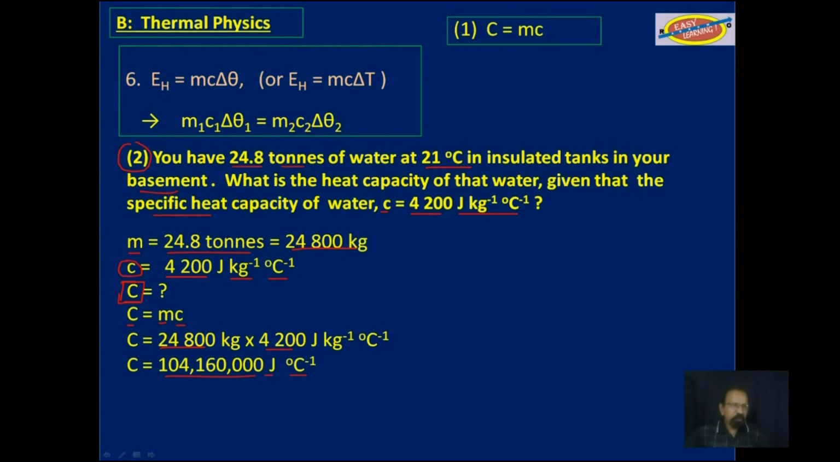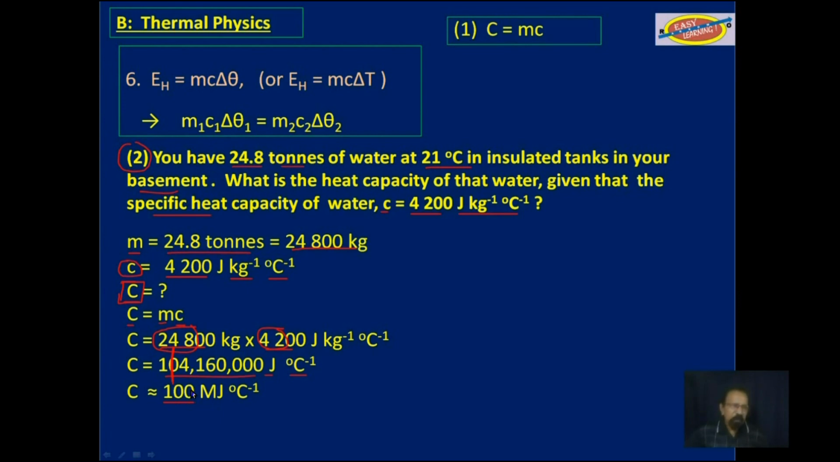Let's look at our significant figures. We have 3 significant figures here. We have 2 significant figures here. So our answer can only have 2 significant figures. So we'd have to round off at this position. And if we do that, we will get 100 megajoules per degree Celsius. But you see, in this, we don't know where is our uncertain digit and what is